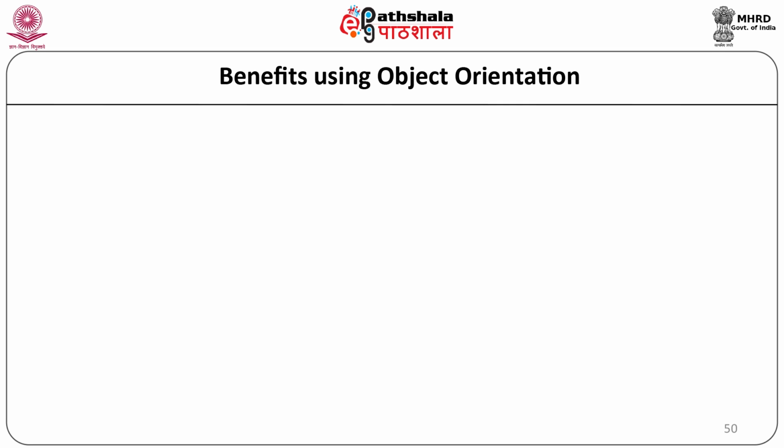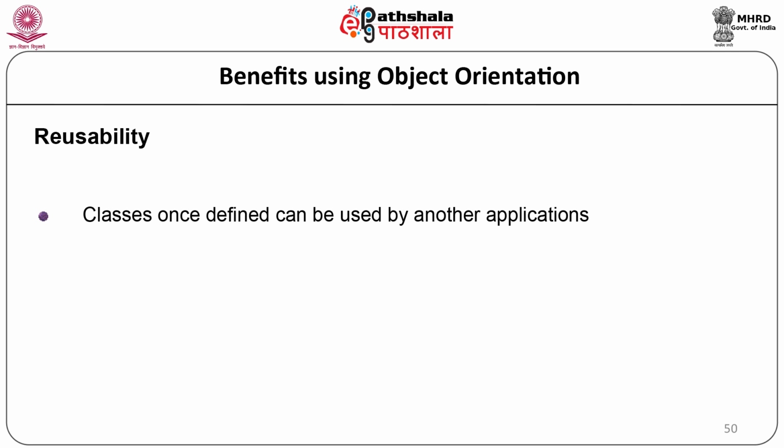As compared to the conventional system development techniques, object-oriented modeling provides many benefits. Some of the benefits of using object orientation are reusability. The classes once defined can easily be used by other applications. This is achieved by defining classes and putting them into a library of classes where all the classes are maintained for future use. Whenever a new class is needed, the programmer looks into the library of classes and if it is available, it can be picked up directly from there.